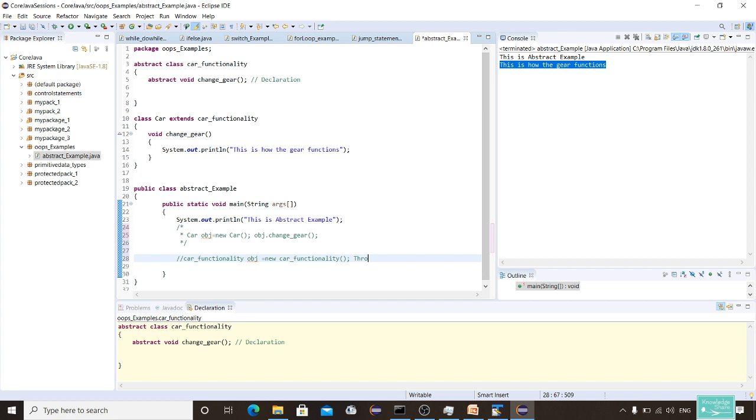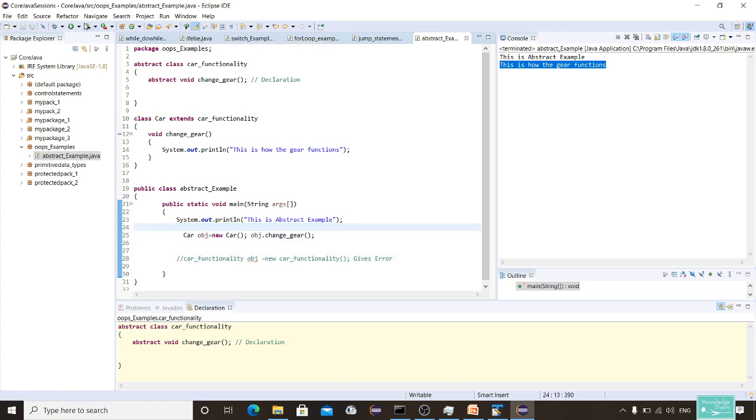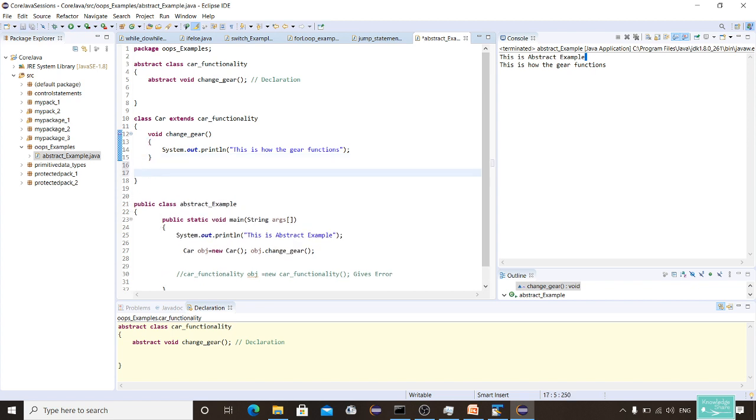So I'll just put it in comment. I'll say gives error. Okay, let me uncomment this. See, this is an abstract. Now I can extend even this class as well. For example, if I create one more abstract method, I'll say abstract accelerate.